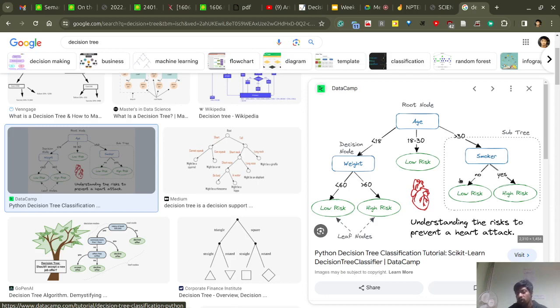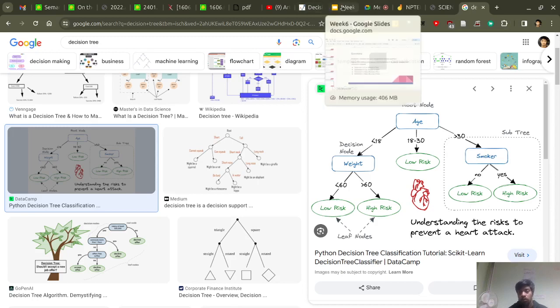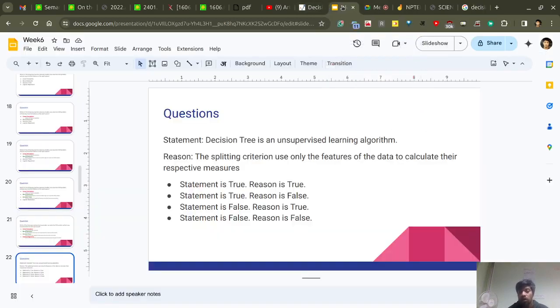No or yes. Suppose we don't even know what "no" means, like we don't have these levels: low risk, high risk. So we won't even know, if the person is a non-smoker, what kind of risk it will be. So in this case, we do need the labels to construct the decision tree at all. This cannot be done without labels, and if we are using labels, that means it is a supervised learning